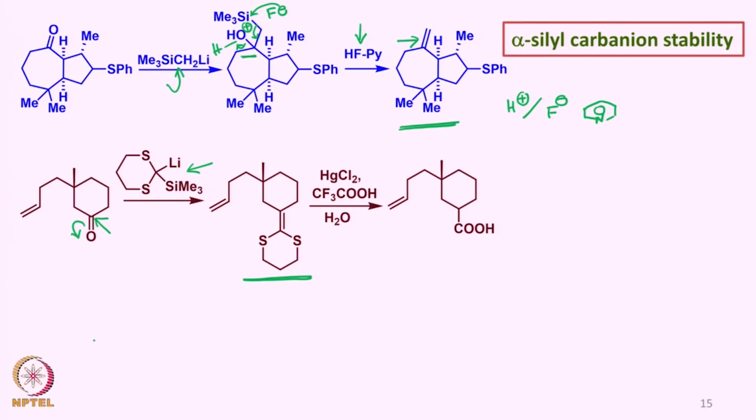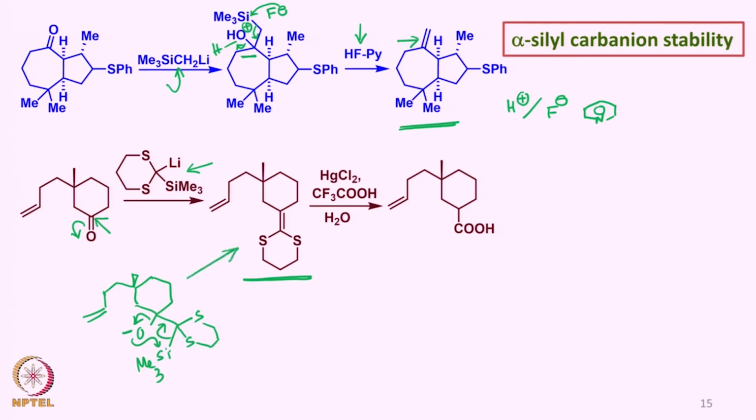Obviously, as you can see, this is happening because of the formation of an intermediate of this kind here. You have an O minus, and then you have silicon and of course sulfur in this particular fashion, and then you have elimination of this kind,